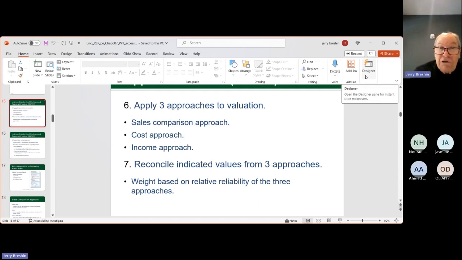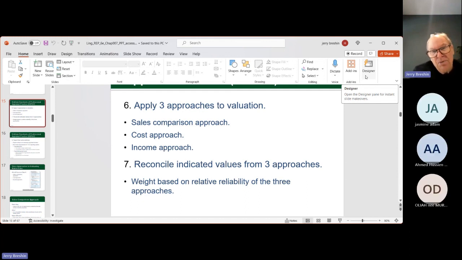Now, if it's not being rebuilt, then the cost approach really isn't considered, unless you're buying a business that's for investment purposes. But in the example of taking a two-story single-family home and dividing it into two apartments, then there's a cost of remodeling. So if you were to do that, then all three methods would be involved in the appraisal of that property.